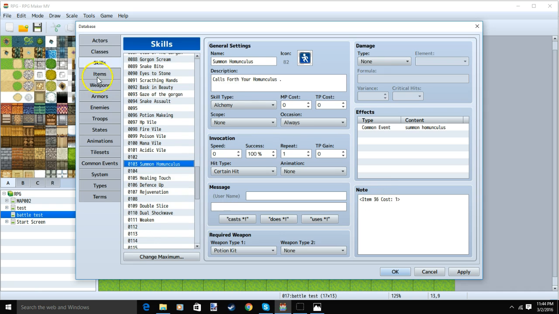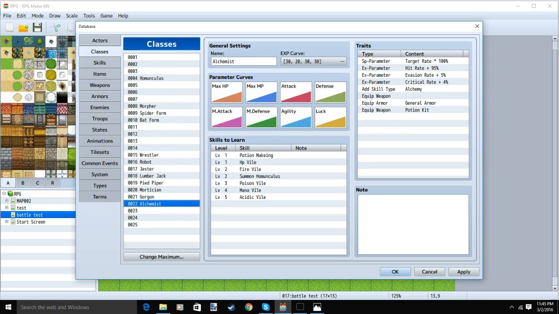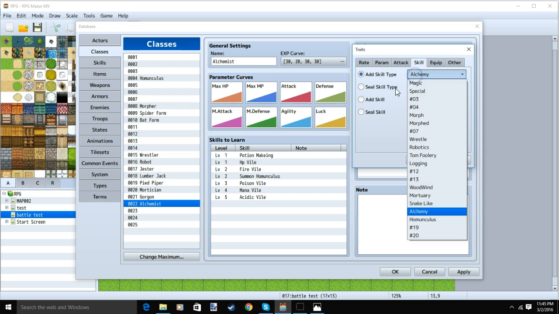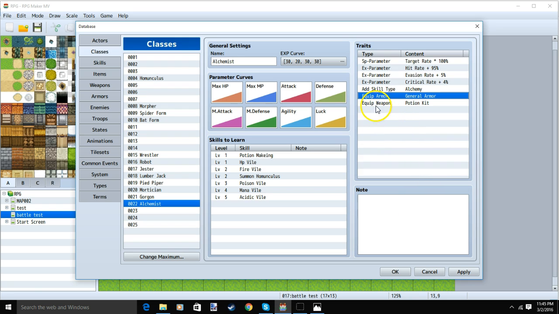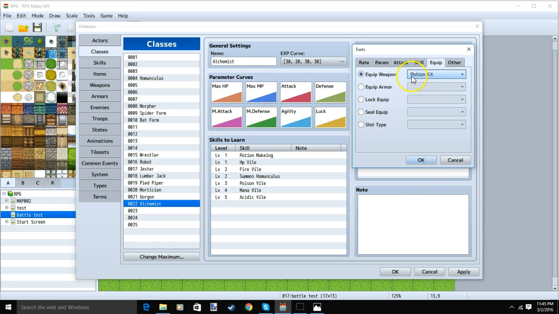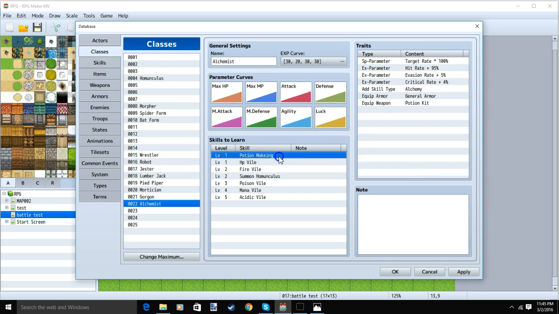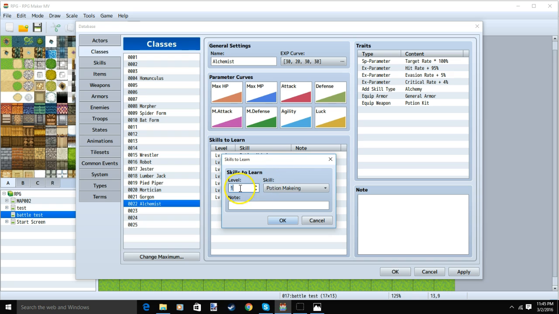With all our skills complete, we can go back to our Classes tab, down to Alchemist, right-click and edit Add Skill Type, change our skill type to Alchemy, and click OK. Then we can right-click and edit our Equip Weapon, change our weapon to Potion Kit, and click OK. Then we can add each skill at the appropriate level, double-clicking a row, changing a level, and choosing our skill